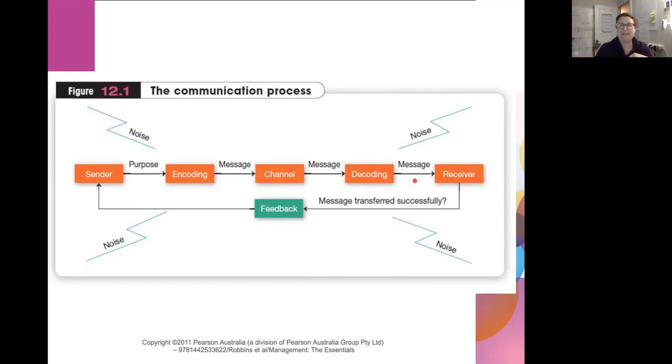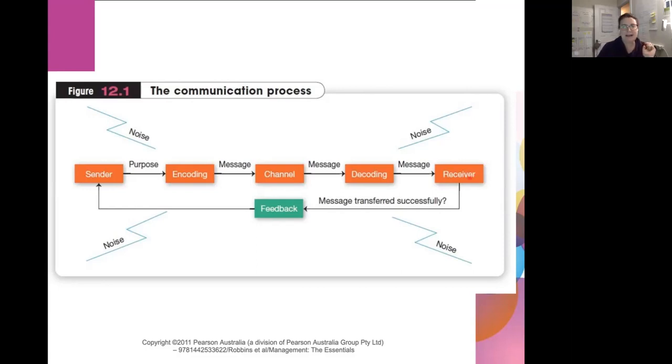In that process, you are also going to interpret and decode that message. You might have thoughts about it. You might say, why is Rachel asking me to do this? This isn't my job. Or you might say, awesome, I've been hoping Rachel asked me to do this job. Or you might think, wow, I'm really busy, how am I going to get this done? So there's a process going from sender to receiver, and there are lots of different things along the way that can potentially go wrong.